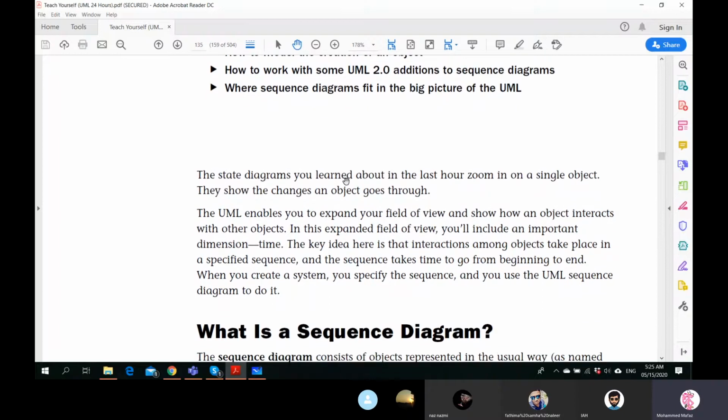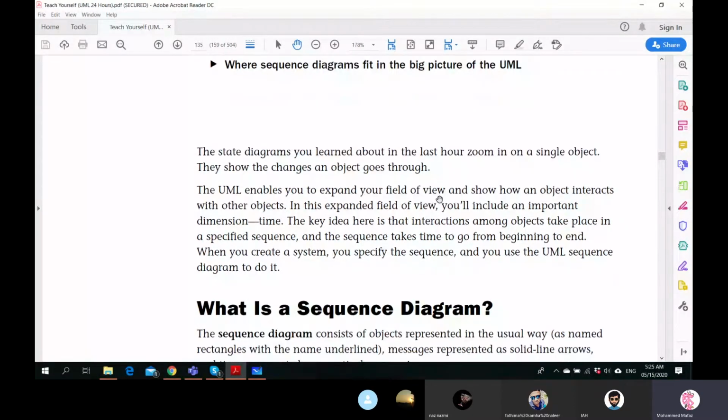Okay, so the state diagrams you learned about in the last hour zoom in on a single object. They show the changes an object goes through. The UML enables you to expand your field of view and show how an object interacts with other objects. In this expanded field of view, you will include an important dimension, time. So most importantly, we are trying to introduce time in expressing these scenarios.